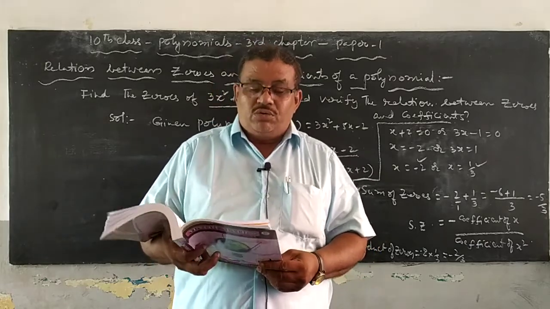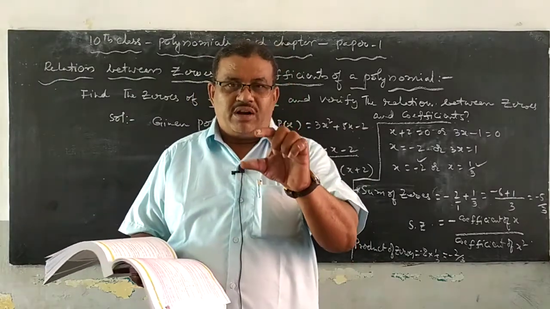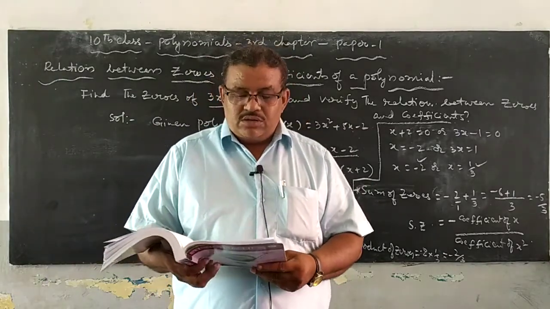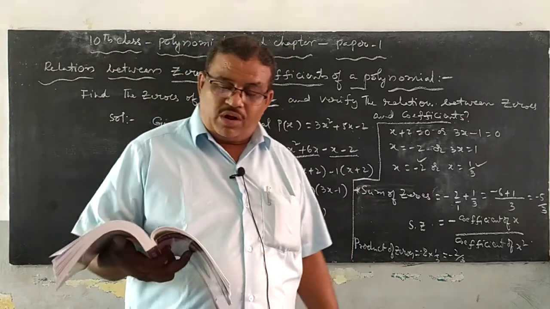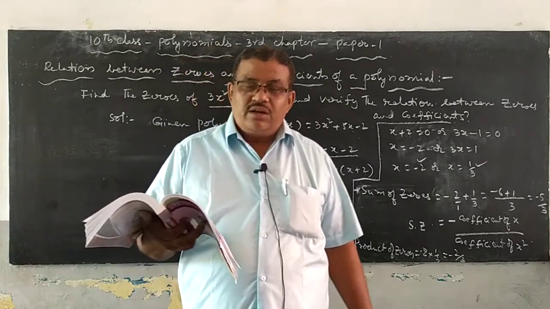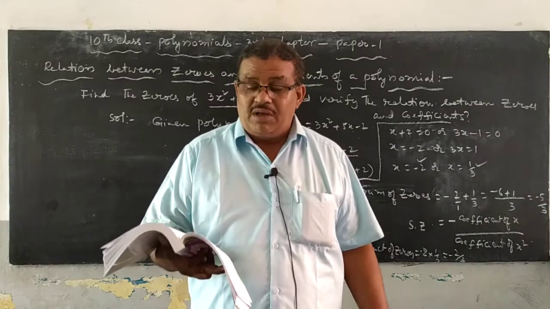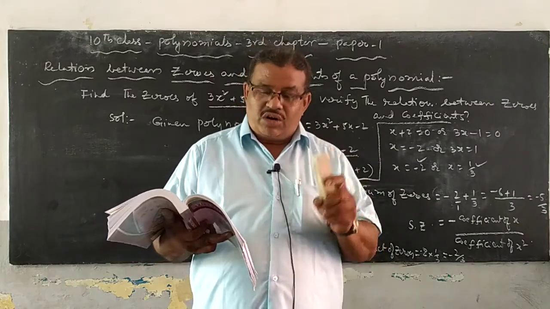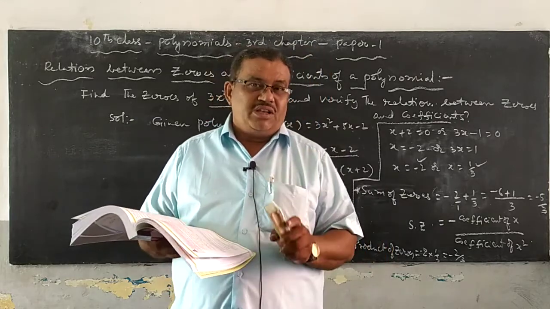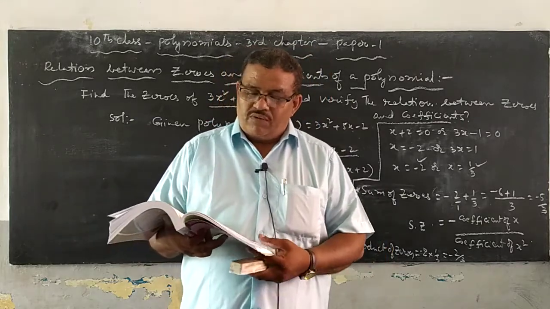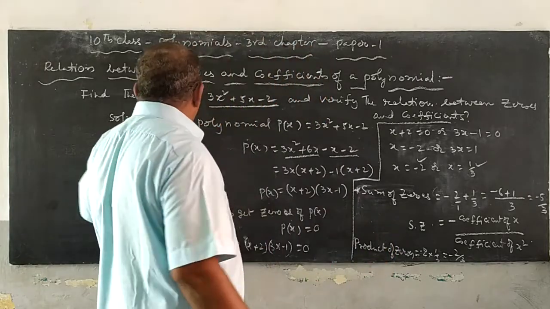On page number 62, do this problem I already gave you yesterday. In the same pattern you have to do that once. Let us see this one about the general notation of polynomial. In general, if alpha, beta are the zeros of quadratic polynomial ax square plus bx plus c, where a not equals to 0, then x minus alpha, x minus beta are the factors of p of x. Therefore, we have to verify the relationship between them.